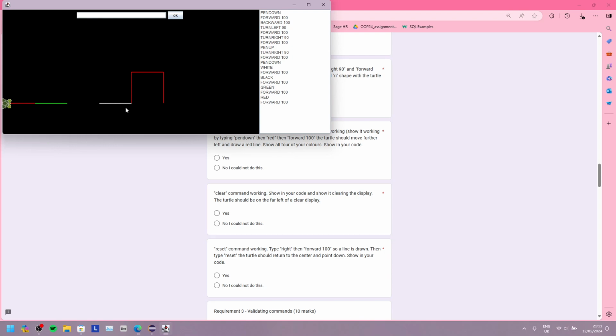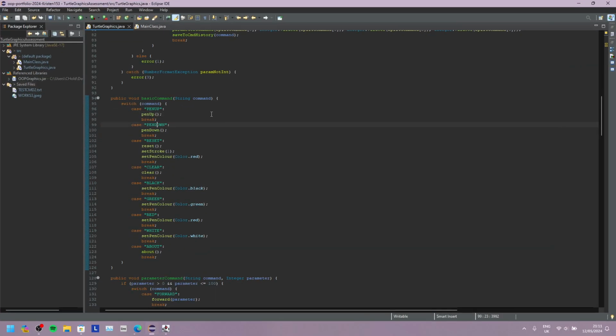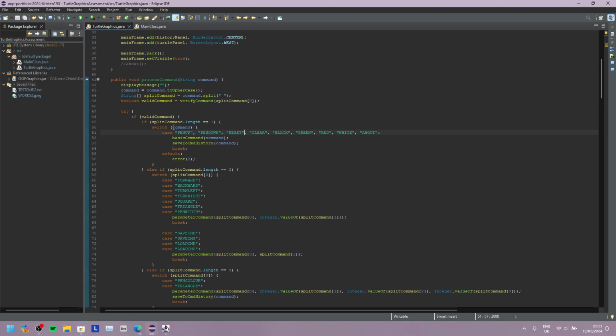100. So there you can see all 4 colours. Obviously you can't see black because of the background. And the code for this is again same as pen up and pen down. If the command entered equals black, green, red, white,